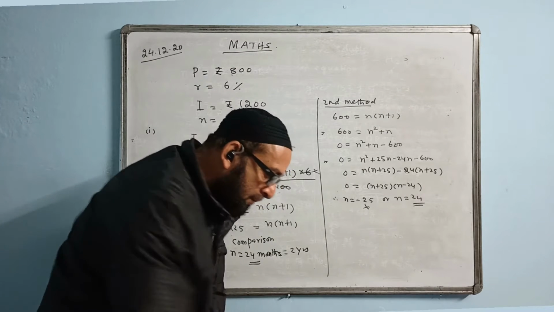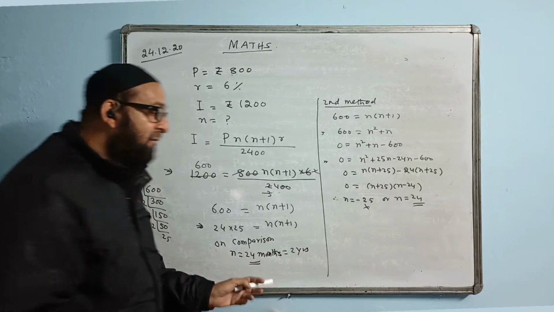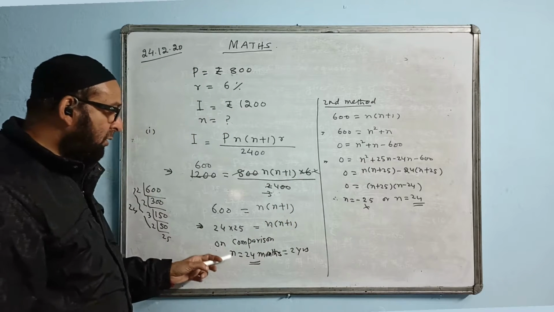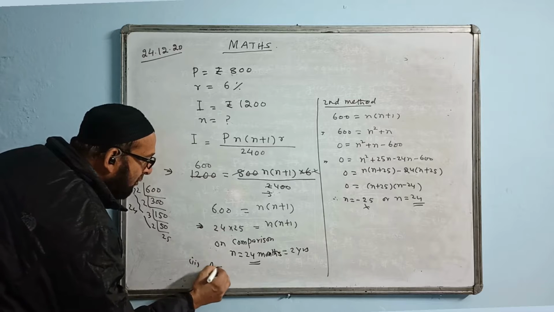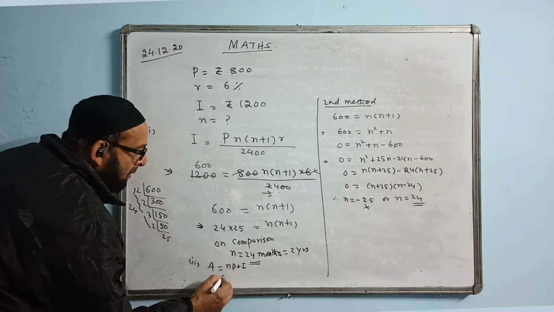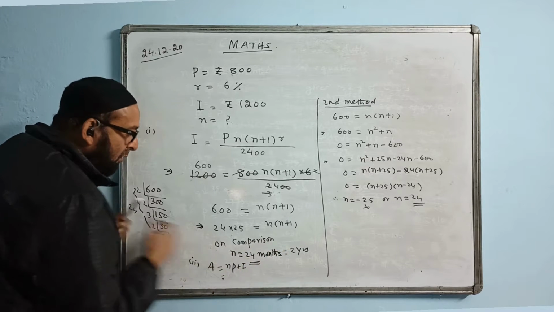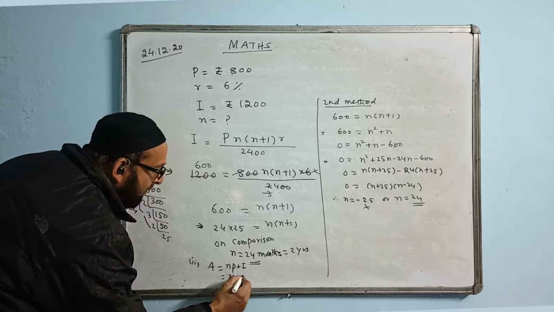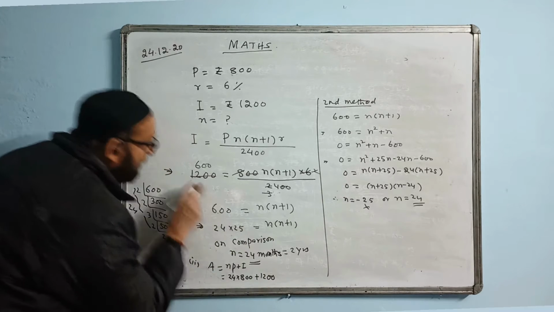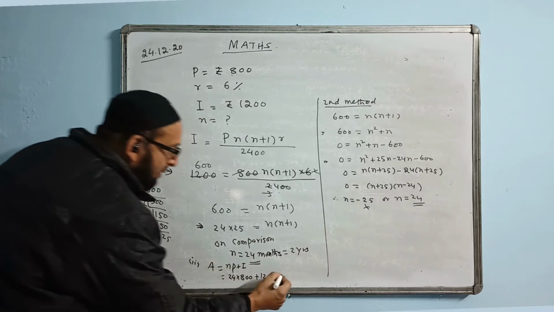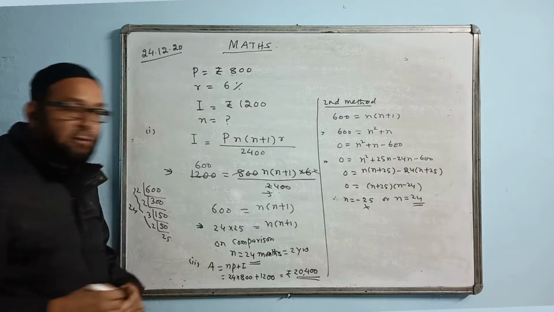Oh, okay, now another question. Maturity value. Okay, now here we have to find maturity value also. That is the first part of the question. Now we have to do the second part. Second part I will do here. Maturity value, how to find? A is equal to NP plus I. Now you can calculate the answer. N value we found just now, N value is 24. 24 into P value is 800 plus interest value is 1200, given in the question. Now we calculate. What is the answer? 20,400 is the answer. This is the value of maturity value.